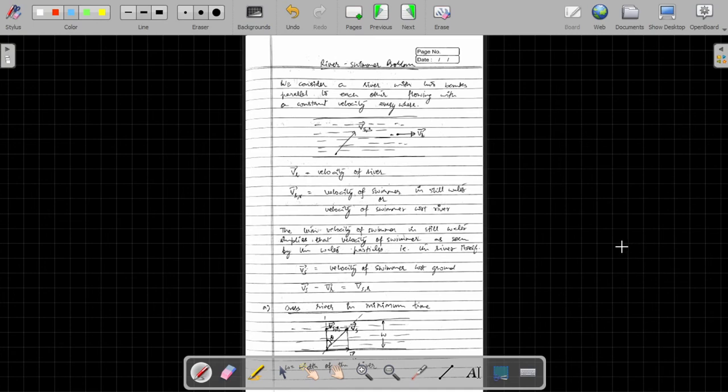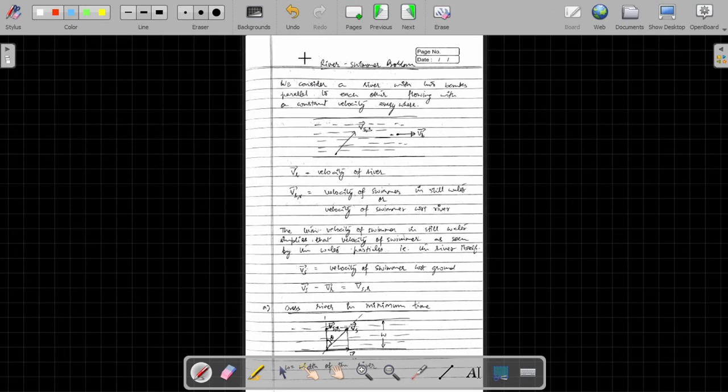Welcome everyone to our lecture on the topic of the river-swimmer problem. This lecture comes under the chapter of kinematics, and with this particular video, we'll be finishing the chapter of kinematics. We'll be covering circular motion at the end of the chapter of laws of motion, and for the time being, the chapter of kinematics will be finishing with this topic.